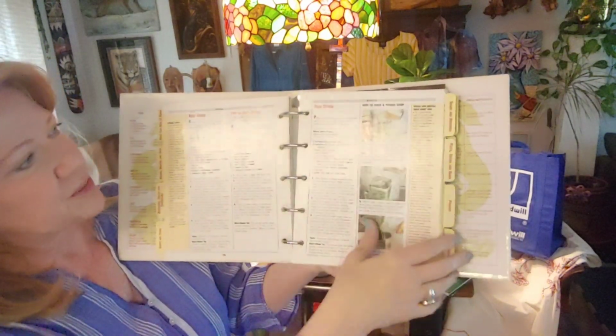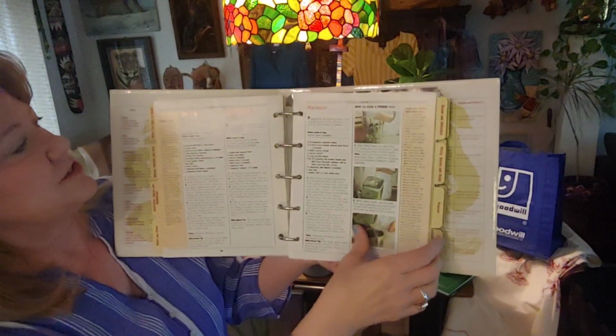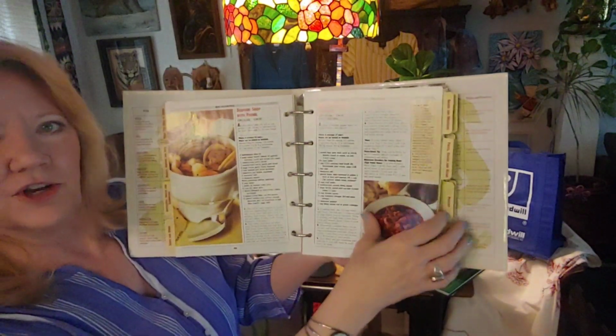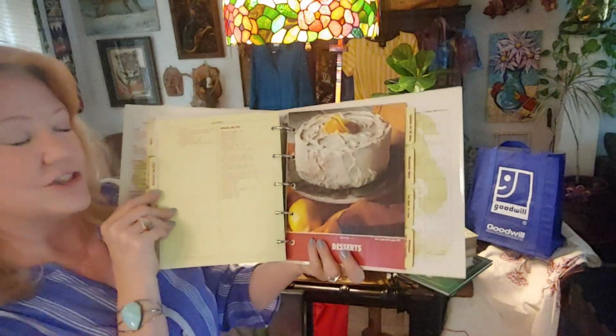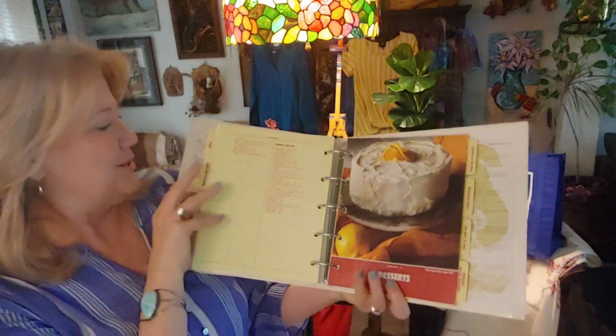It really explains different things like fish stock, quick beef stock. Really explains how to do things. Beet soup with vinegar, yum. But awesome. It's broken out by categories. I love this book, and Steve loved it too. Ooh, desserts, yum, yum. But we really struggled on whether we were going to keep this, but we have a